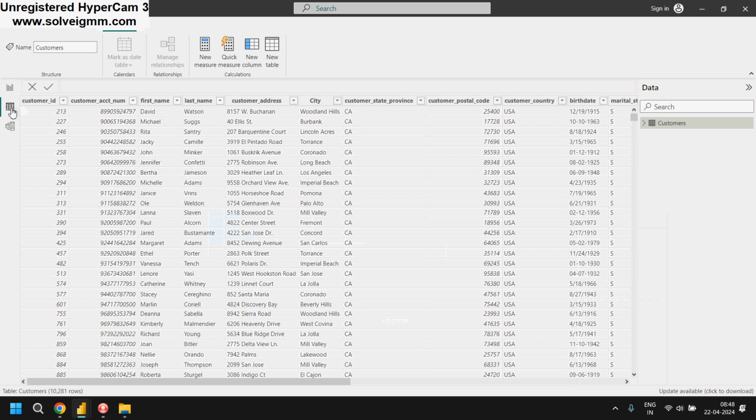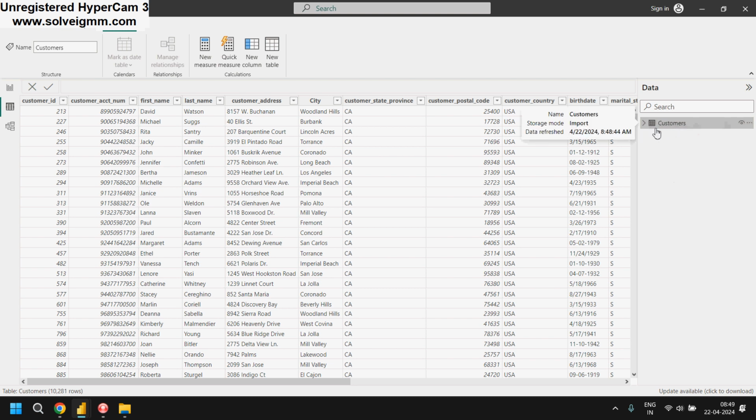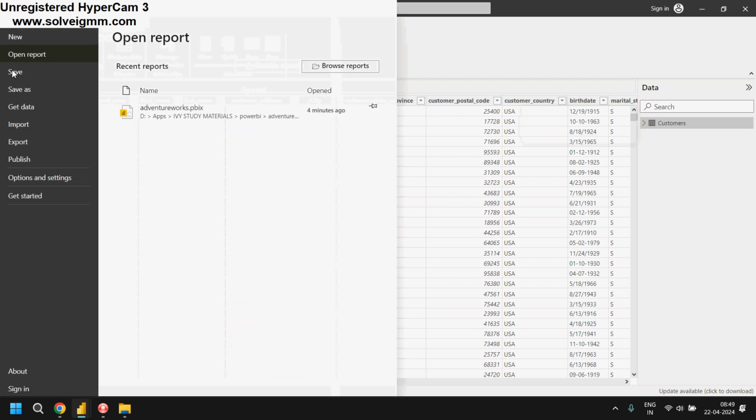Okay, in data view, on the right hand side, this customer table has been reflected,